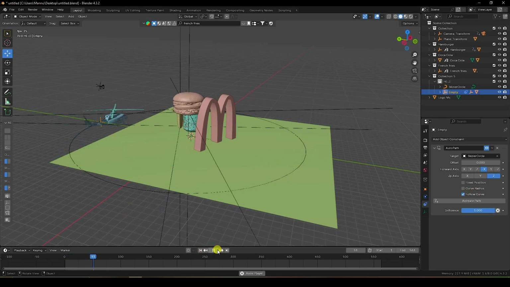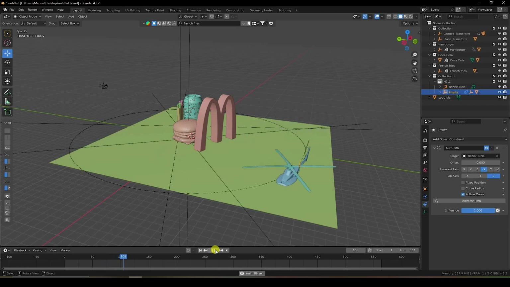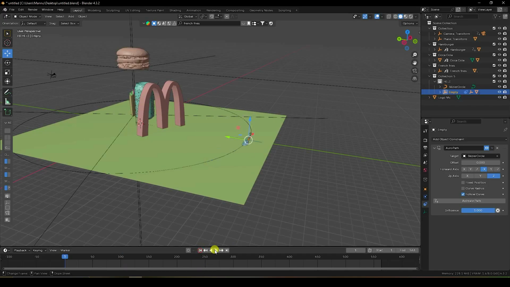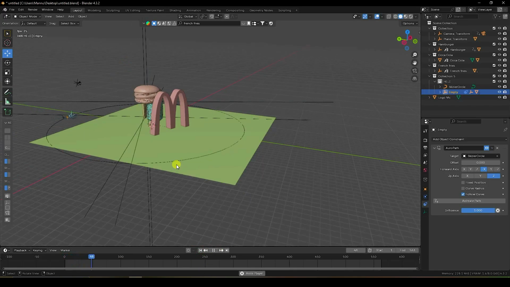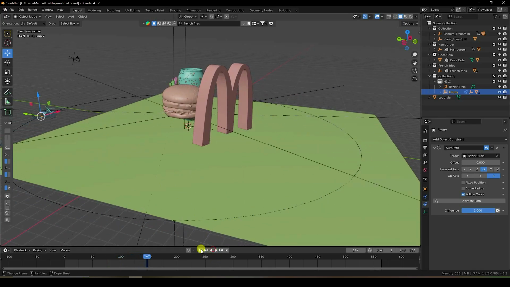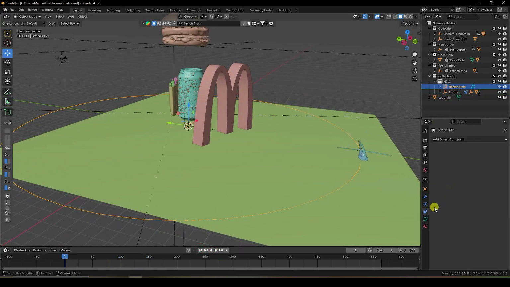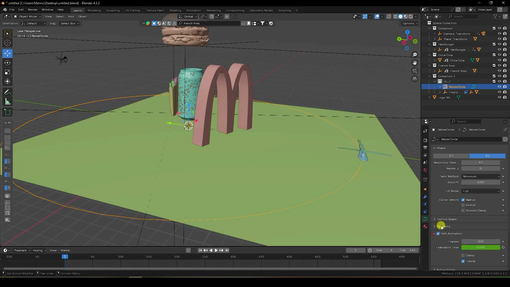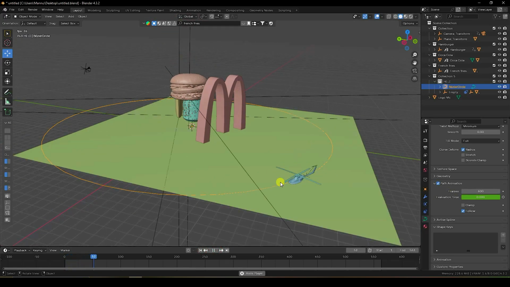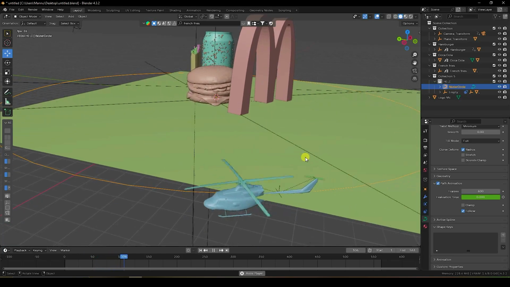Yes, good. And also guys, I change the scale size. So guys, select this helicopter 3D model, change the scale size like this, and again go back and play. Okay, also guys, I change the speed. It's too much faster. So guys, select this circle and go here to path animation. See guys, that's my frame. Set frames to 600, check, and go back and play. Yeah, good. See guys, that's my helicopter model.